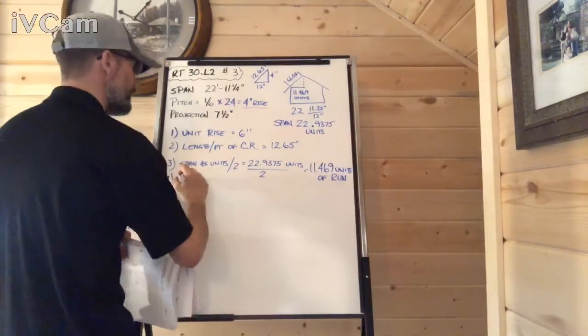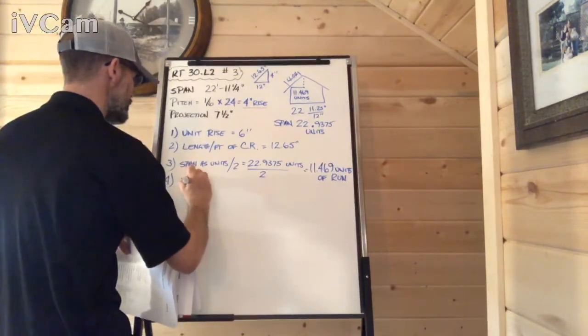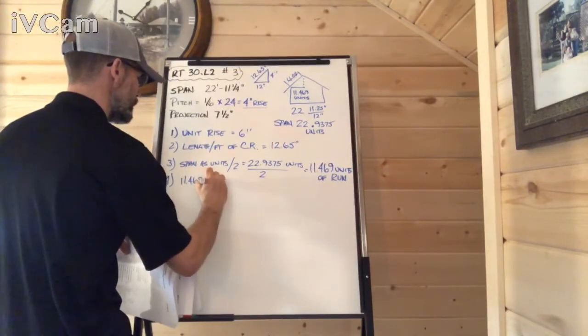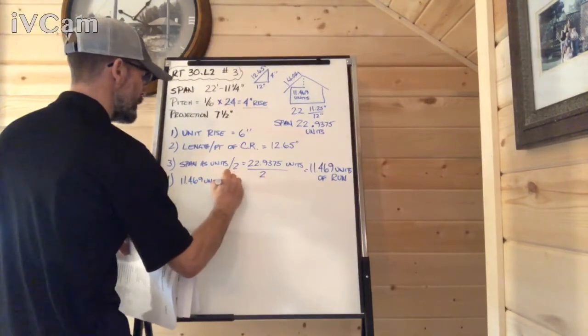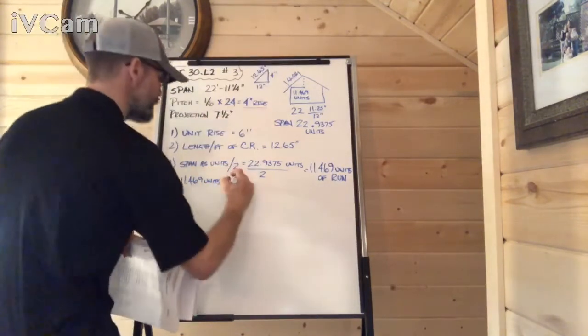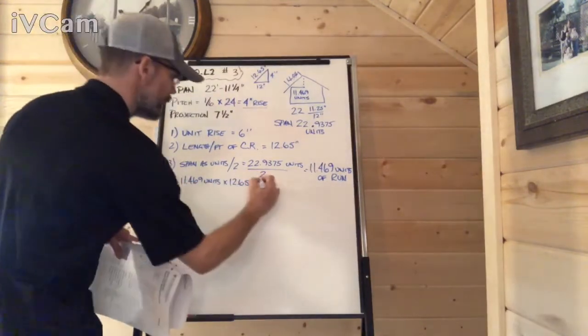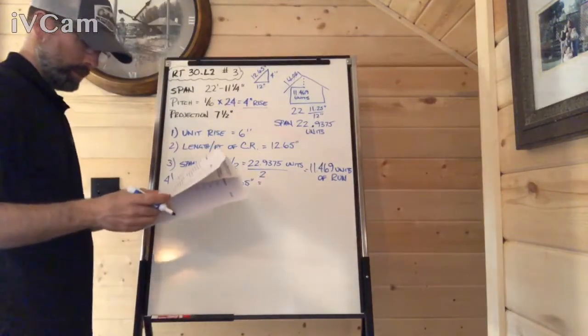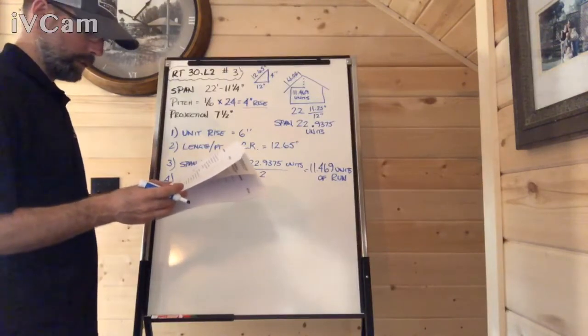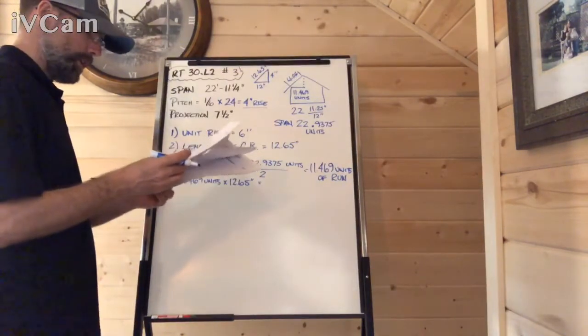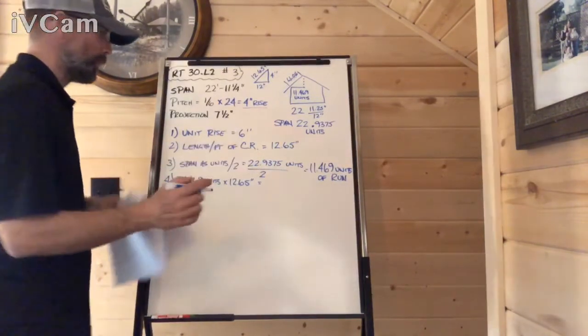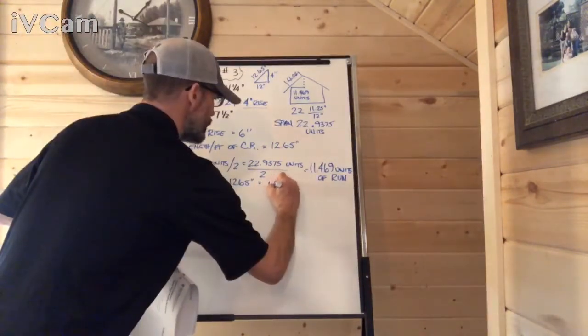I will take 11.469 units times 12.65 inches per unit to give me, I've pre-punched these into my calculator, 145.083